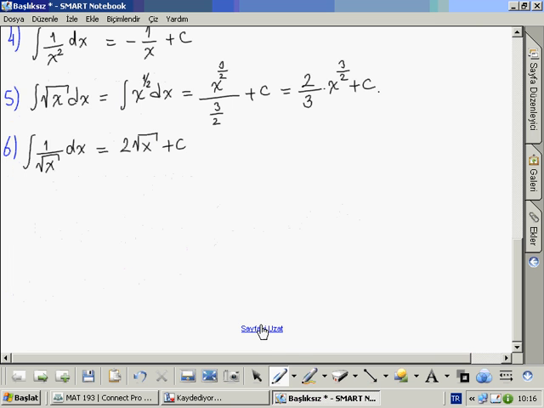Then 7, 8 and 9, integral x to the r dx equals 1 over r plus 1 times x to the power of r plus 1 plus the integration constant,